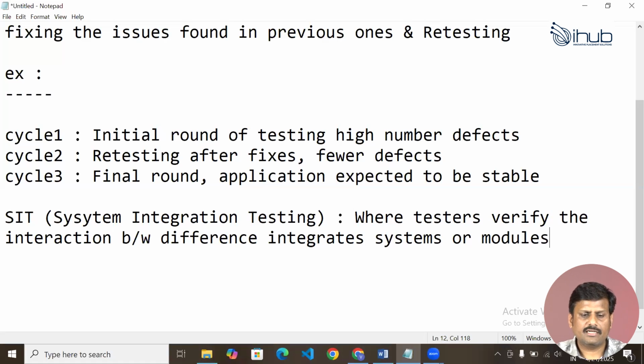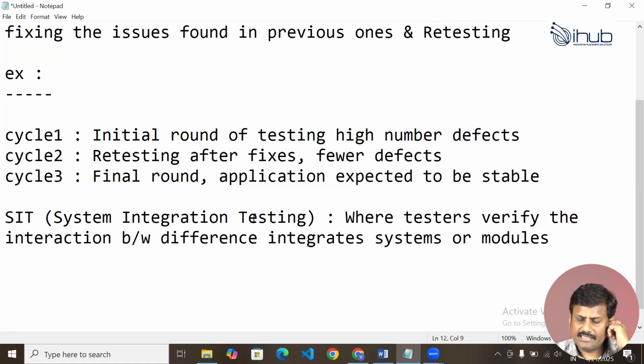So SIT is nothing but system integration testing, where testers verify the interactions between different integrated systems or modules or not.